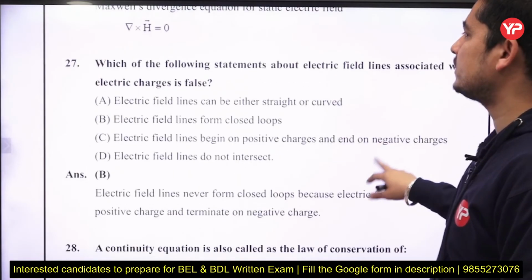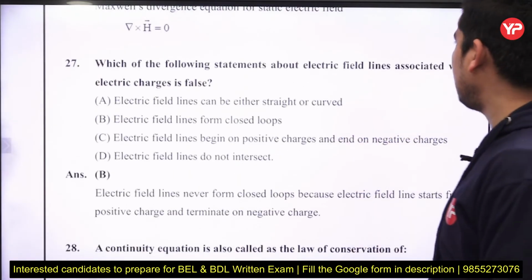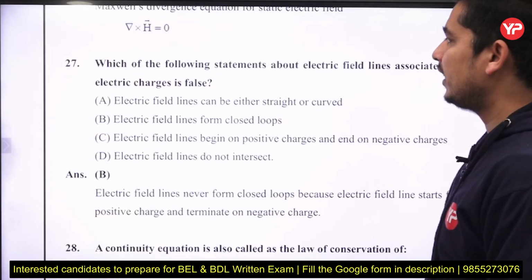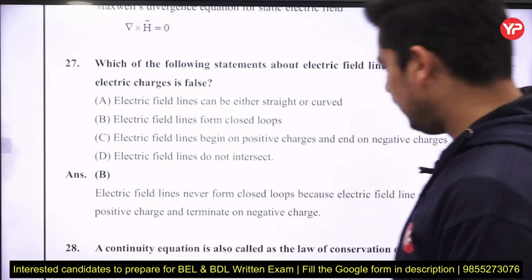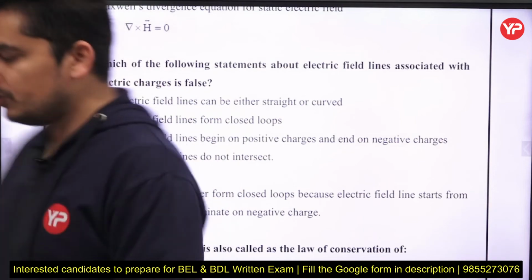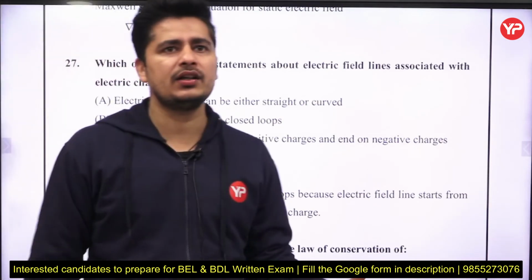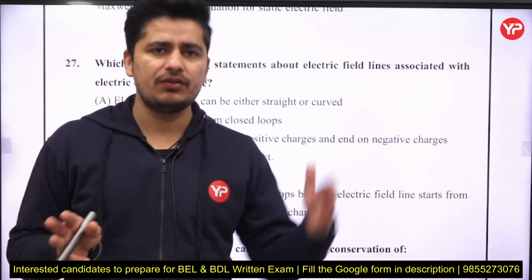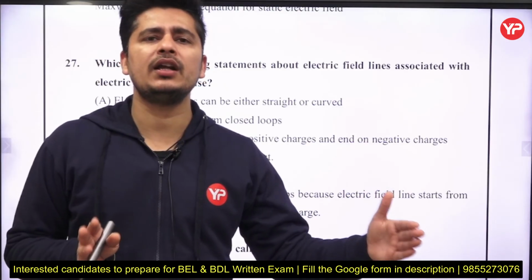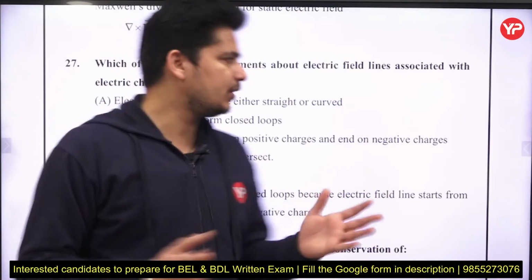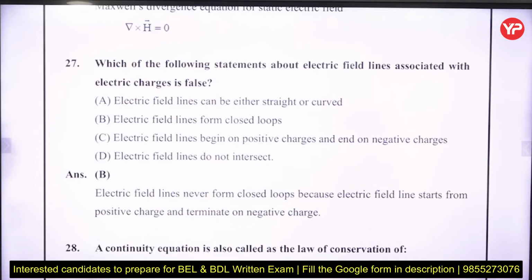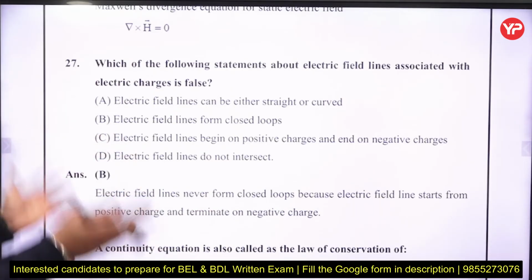Which of the following statements about the electric field line associated with the electric charge? Electric field lines, see, there are two field lines, one is the electric field line, another one is the magnetic field line. If I talk about the electric field line, it doesn't make a closed loop, you can say like that, and the magnetic field line always makes a closed loop,